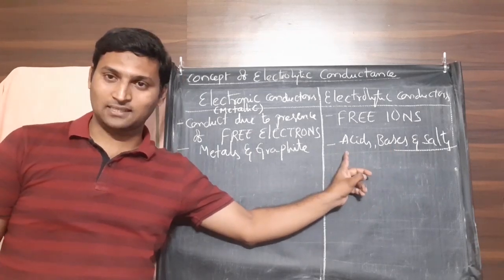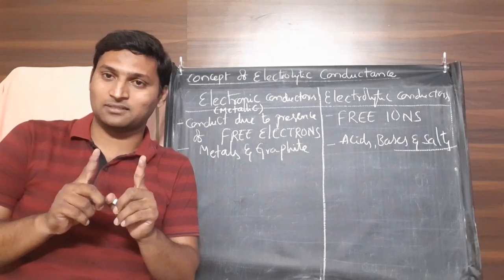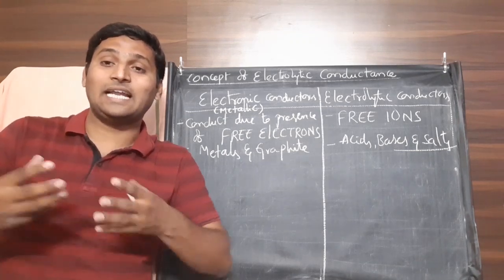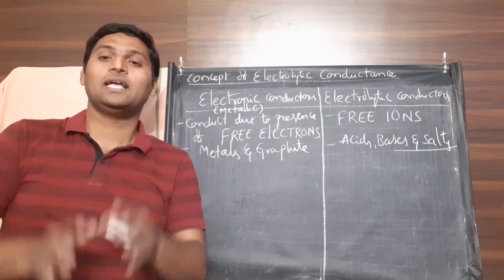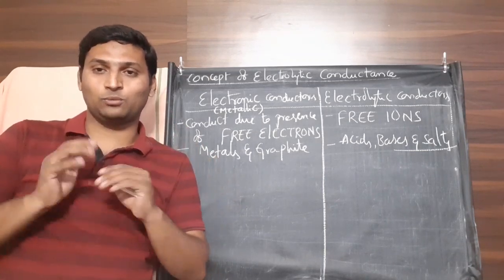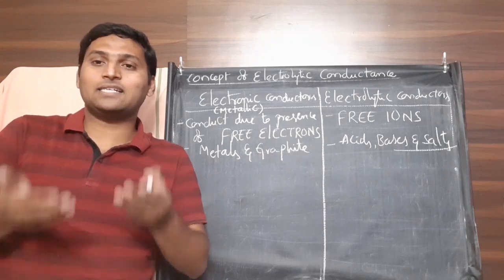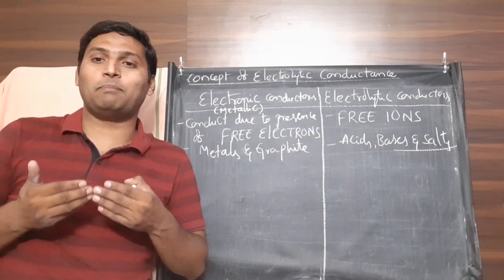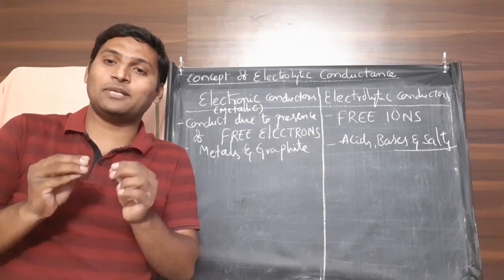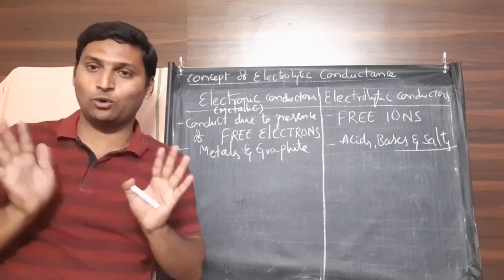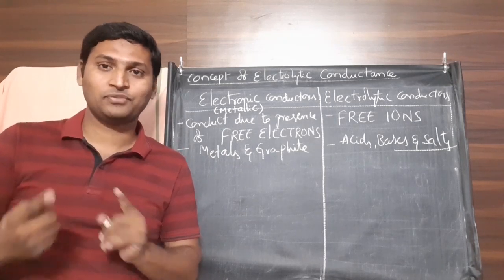When it comes to acids, they are covalent substances. Heating them makes them simply liquids, it doesn't produce ions. For example, there is benzoic acid. Benzoic acid is a solid at room temperature. I heated it strongly above its melting point. What will it become? It becomes liquid benzoic acid, but all the benzoic acid molecules remain covalent molecules only. They don't break into ions.